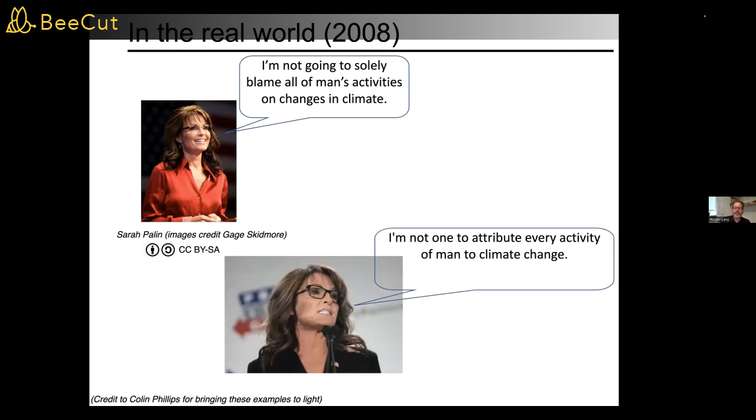Likewise, "I'm not one..." She did this over and over again. "I'm not one to attribute every activity of man to climate change." This was so common that it became a running joke in the media about her malapropisms, but nobody ever misunderstood it. Okay, and just to briefly describe a pattern of this that we see in incremental processing,